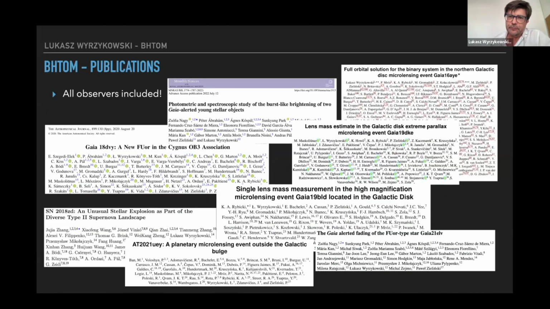There's a couple of papers already we published, or people working with our data published, covering multiple science cases from microlensing, supernovae, young stellar objects, and so on. But the thing is that we include all observers. We give credit. We keep track, first of all, of who observed what, and then we include every single observer into the paper. This is probably more and more common practice, but that's to encourage people to voluntarily donate their observing time to our system.